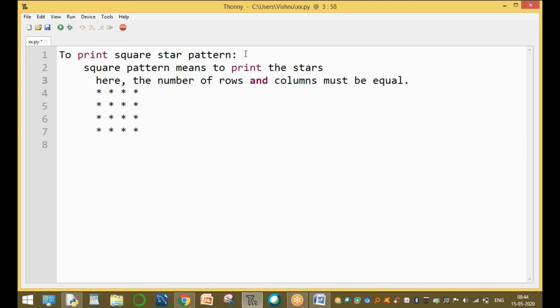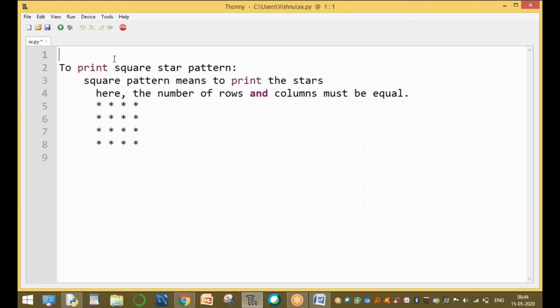That means equal number of rows and equal number of columns. So on either side, row side or column side, print the value. Okay, now let's write the logic.